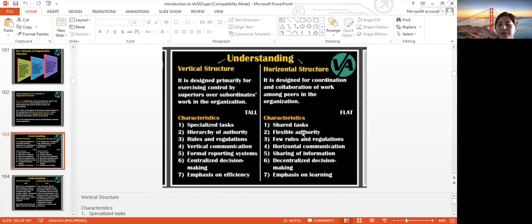Okay, so shared task. Even if you are not assigned to a particular department, if you have something to contribute, then you can share. Or, for example, if you think there are some individuals who are good at the task that you are doing, then you can ask help from them.